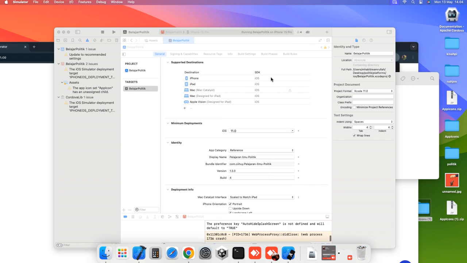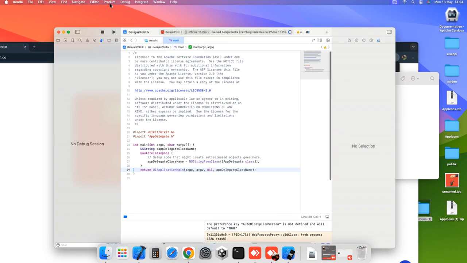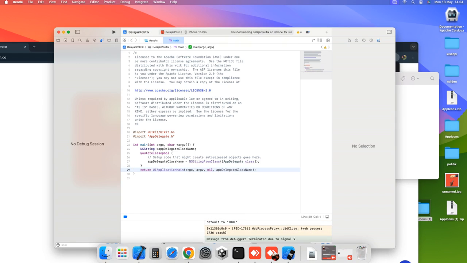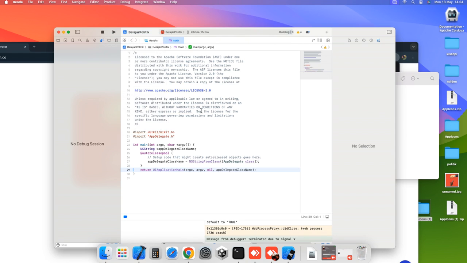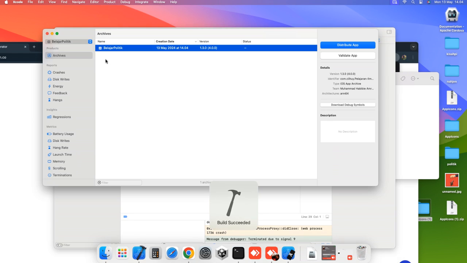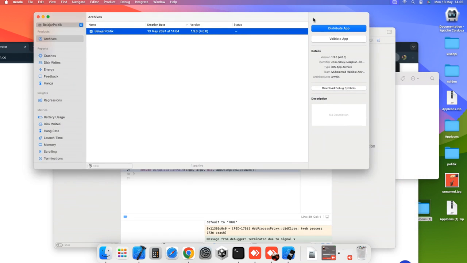Okay, now it is time to export it for the Apple App Store. We go to the product menu and choose archive. Build succeeded, and we click distribute app. Of course, you have to be an active Apple developer and you already joined the developer program.